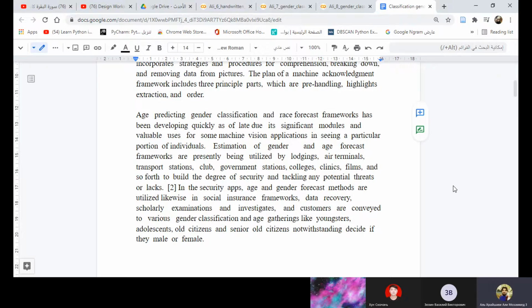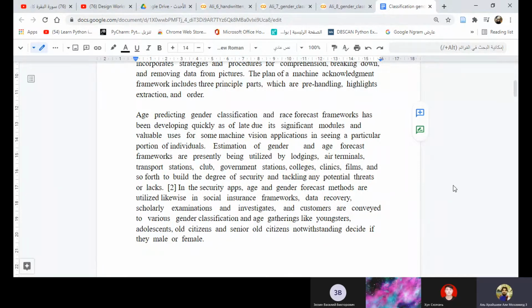colleges, clinics, films, and so forth to apply the degree of security and teaching any potential risk or task in the security app.